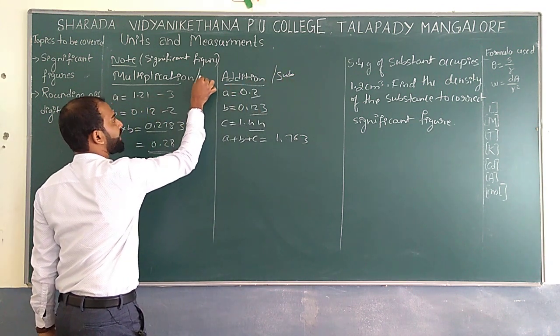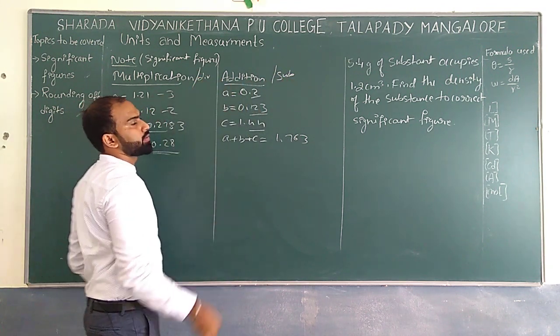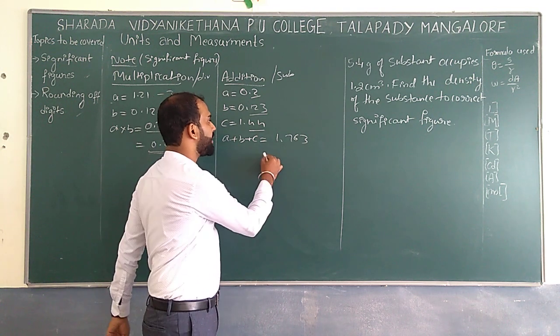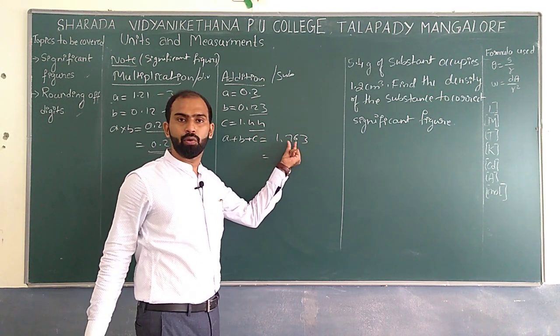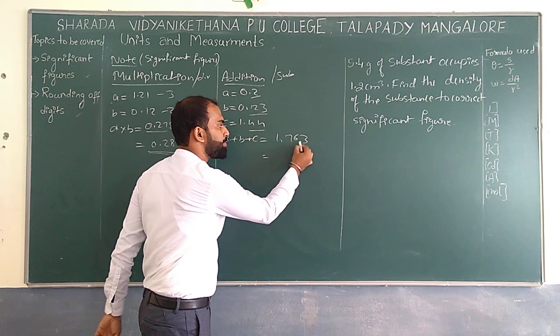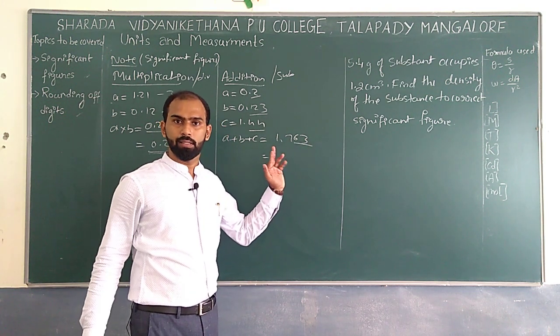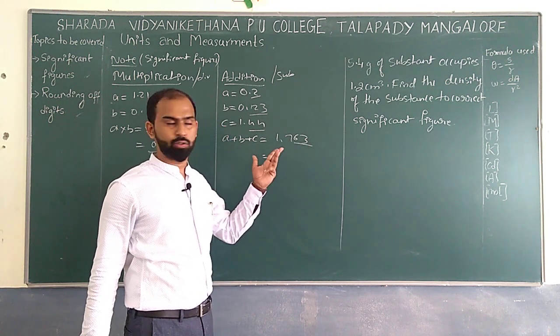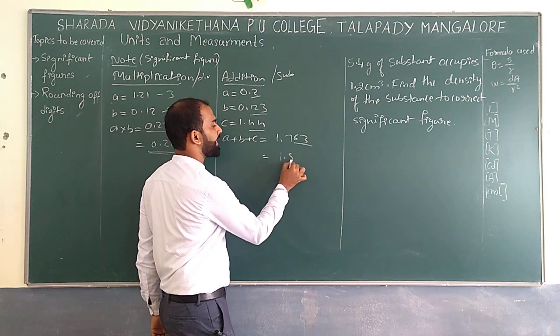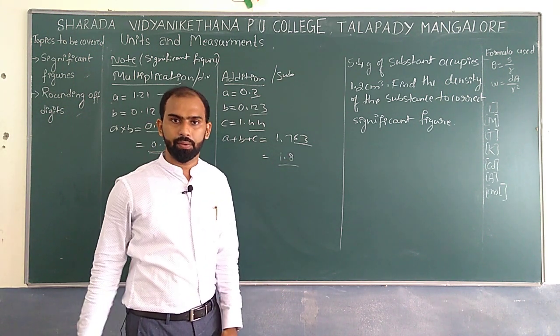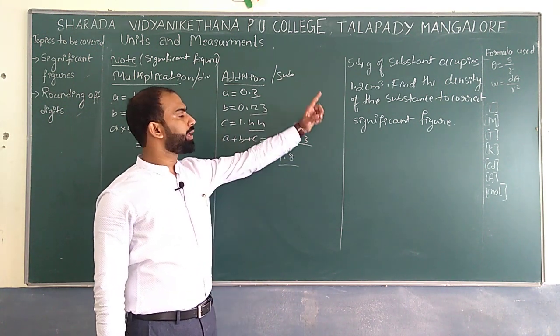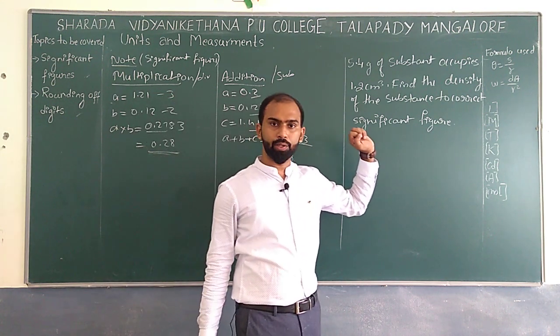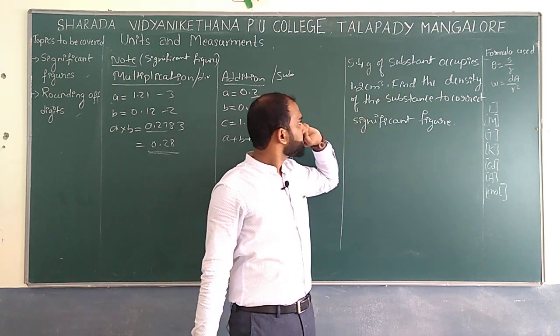Here, for multiplication or division, it is significant figures. So what is the 1 decimal? If I want to keep only 1 decimal, the number which you are going to drop is 6. 6 is greater than 5, so the previous digit should be raised by 1. So altogether I can expect this quantity. Are you getting it? Similarly, we will solve some numericals and get to know more about this.